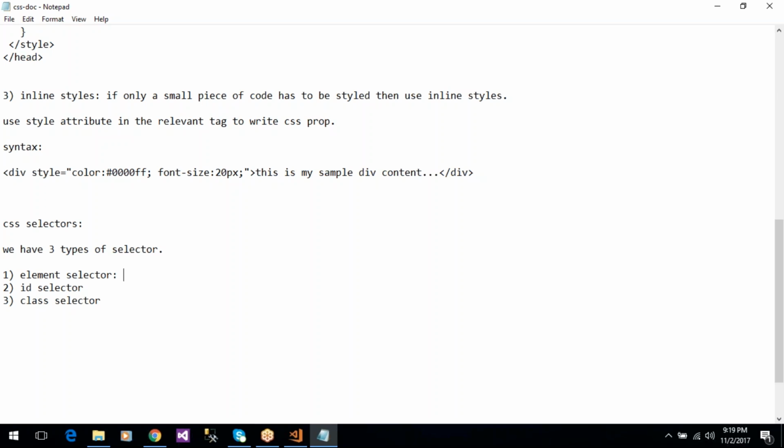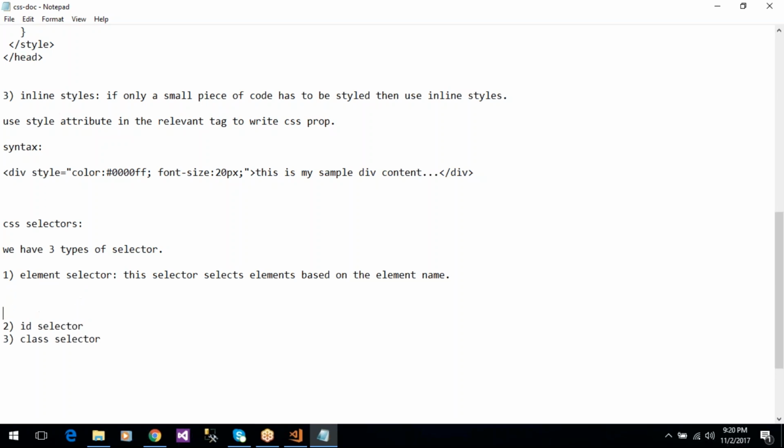So first one is element selector. The element selector selects elements based on the element name. This selector selects elements based on the element name. Okay, so for example,